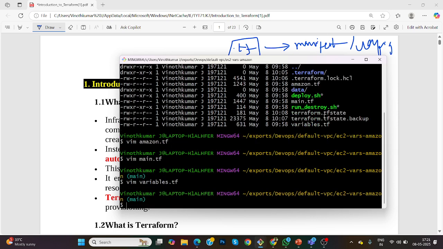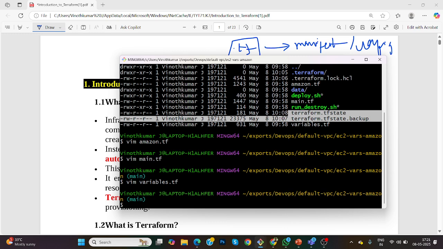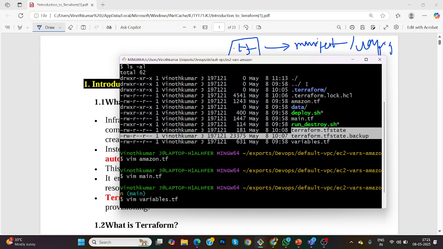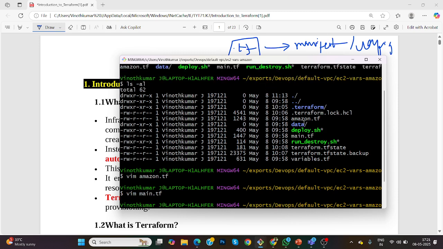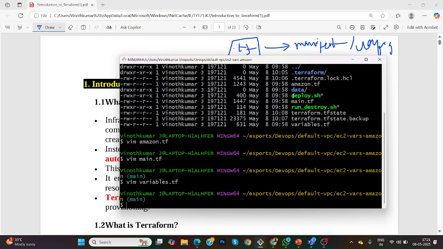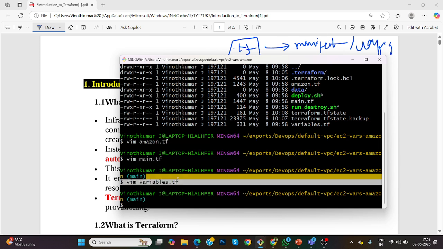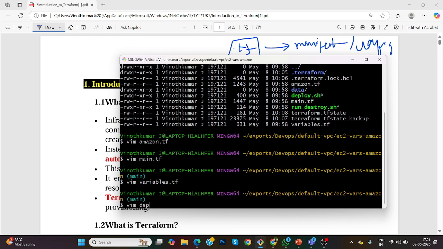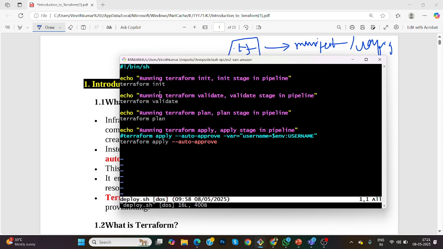So this is all the TF files. I told you about state files earlier, so this is what your state files look like. Once you run your Terraform files, you automatically get your Terraform state file here. Then ./deploy.sh and ./destroy.sh will run the files written in .tf format. In vim deploy.sh you will have the Terraform commands: terraform init,